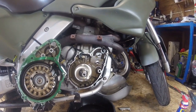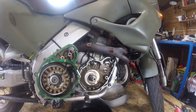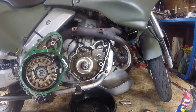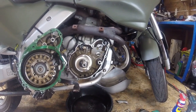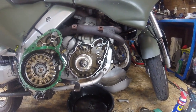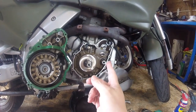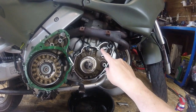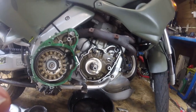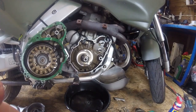Well, apparently there are several schools of thought here, and one is always knock the bike off with the kill switch, not the key. I don't quite understand the theory behind it, but apparently if you use the kill switch, you get a smoother shutdown, whereas if you use the key, apparently there can be residual voltage in the CDI and stuff like that, and it can just cause a few more revolutions. Don't know how true that is, but if you use the kill switch, it's a smoother shutdown, which puts less